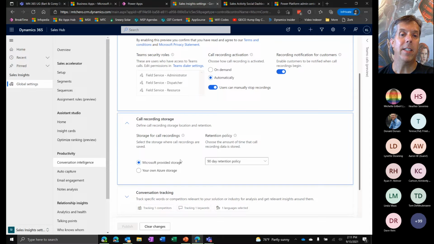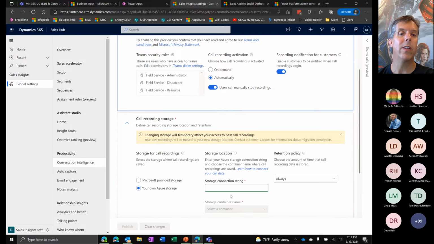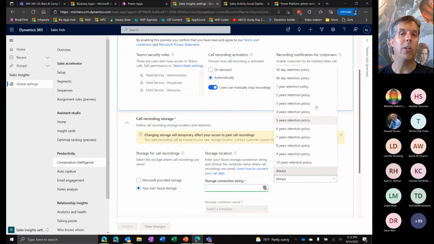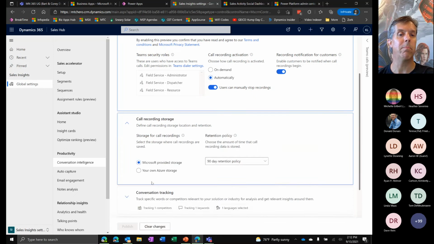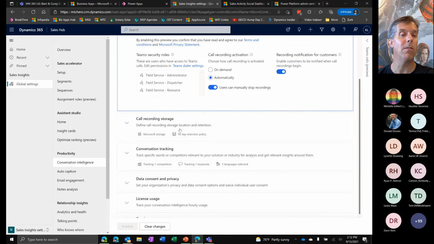Then this is kind of the next part. If we use Microsoft provided storage, I guess this is our answer: we can either make it 30 days or 90 days for how long calls get stored in the Microsoft provided storage repository that just comes with the service. If you decide to throw it in your own Azure data storage, then set your own retention policy for whatever you want it to be. You've got a whole bunch of different options, essentially, if you're paying for the storage instead of the service-provided storage. So we did give you options on call recording and where you store it and how long automatically.